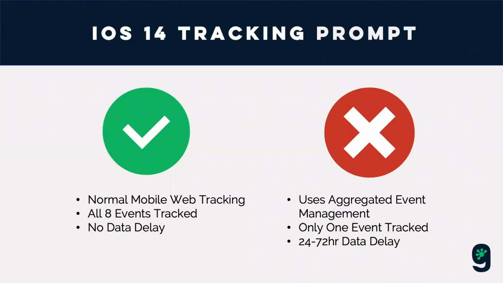The problem arises when someone opts out of tracking, and this is where Facebook have created a new piece of functionality in Ads Manager called Aggregated Event Management. And it's where only one of the 8 events will be sent back based on highest priority. And we'll talk about this in just a second. And they're also going to be delaying the data, so it's not going to happen in real time at the time someone takes that event action. It's going to be a delay of 24 to 72 hours before you see that then appear in the ad account. So we'll look at the implications of this a little bit later on.